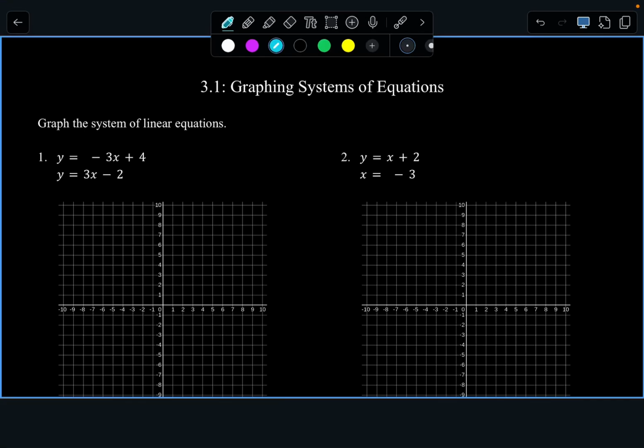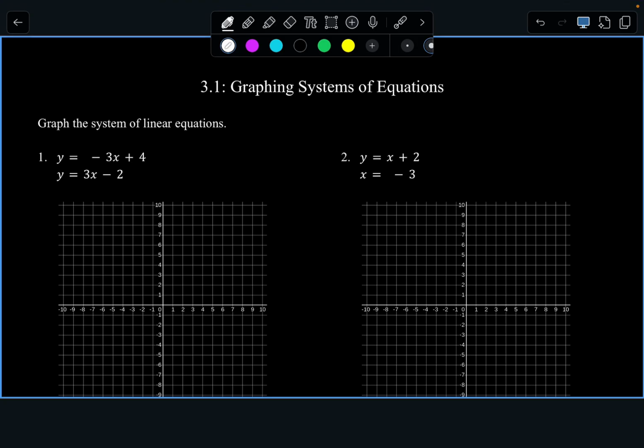Today we are working on section 3.1, which is graphing systems of equations. So graphing a system just means that we're putting multiple equations on a single coordinate plane. Before we get started with graphing a system, let's go ahead and talk about the format that we'd like to